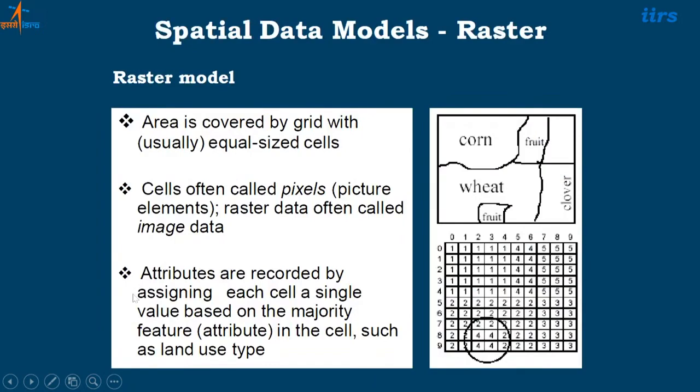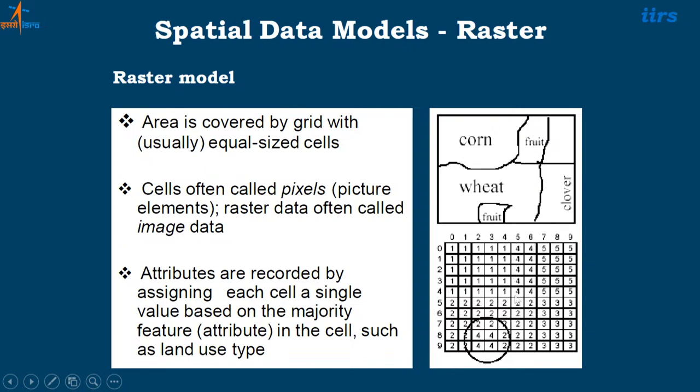Now if we talk in more detail about the raster data model, you can see here this is one image, one scanned map you can say. Here I have some corn field at this portion, and here I am writing some fruits are grown, some wheats are grown here. Again here is one fruit area, and this is some clover area here. Some other agriculture crop is over here. Now this is represented in your raster format like this. Small grids are there. So you can see here that is 1 1 1 1 up to this entire corn. This is one corn. You can see this exact boundary will not be captured, but it is just an approximation of it like this.